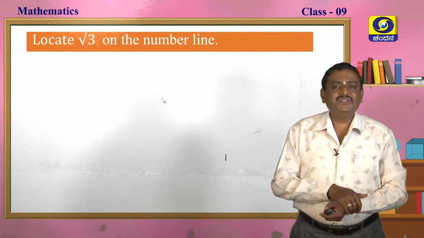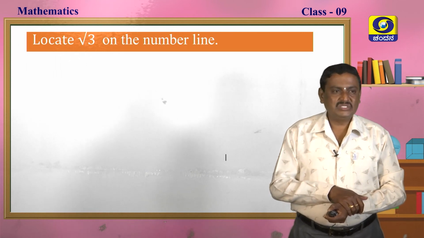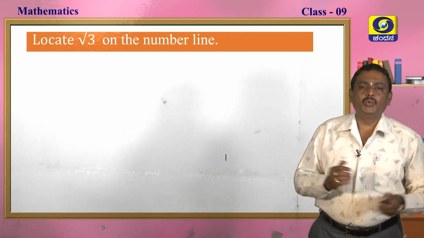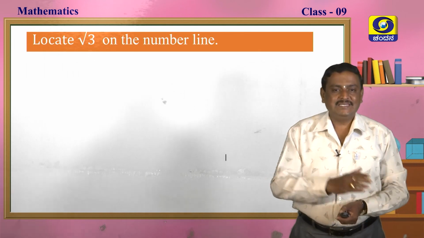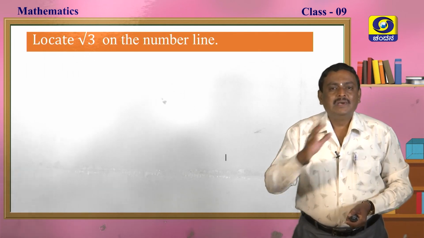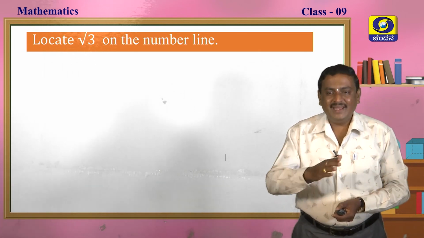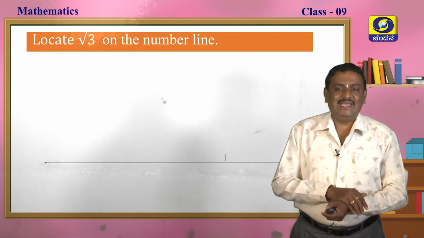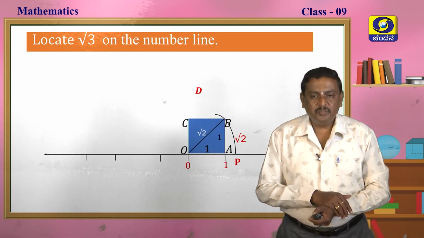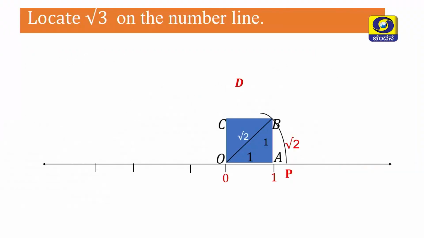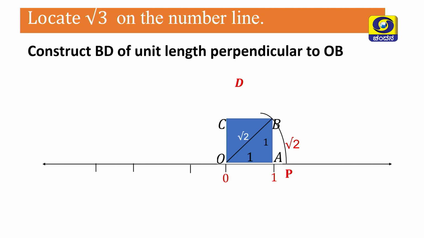Locate root 3 on number line. So, if you want to locate root 3, you have to repeat what you did to locate root 2 on the number line. You have to repeat once again. See, like that you have to repeat it. It is root 2 now. Now, next you have to do some further. See what to do. Construct BD of unit length to OB, that is 1 unit,